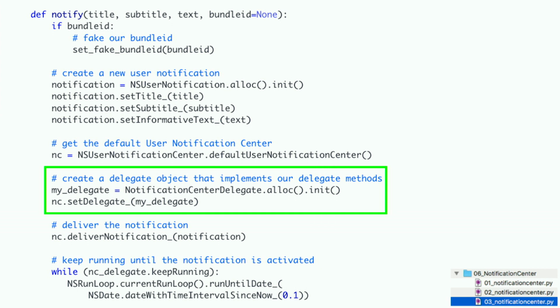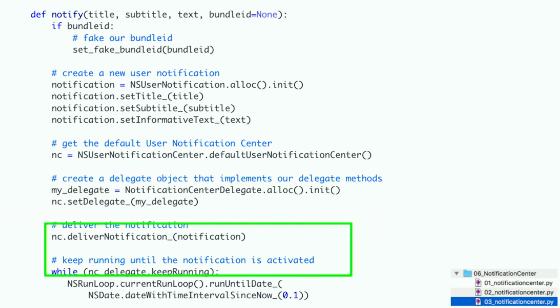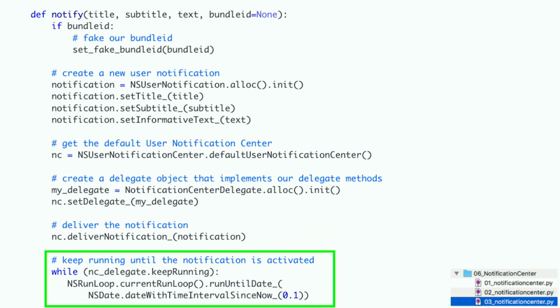So we create our delegate object. And after we deliver our notification, we have to keep running. There has to be something running for it to tell us that it clicked. If we were to just send the notification and then quit, it would tell nothing that exists. It wouldn't be able to tell us that it had clicked. So let's do that